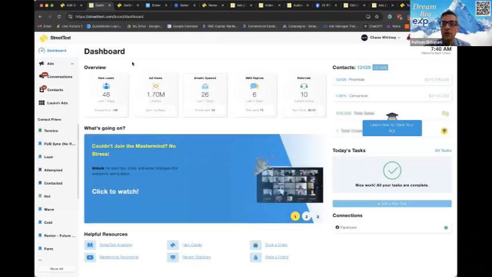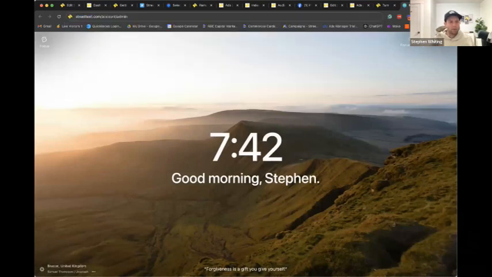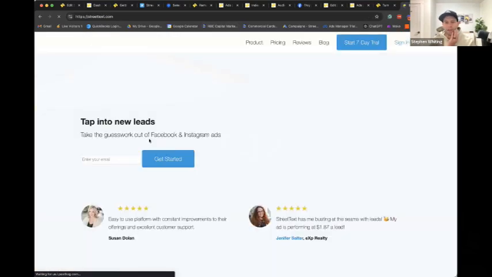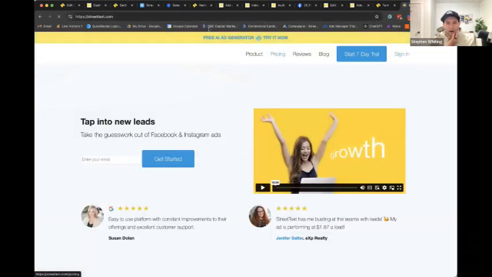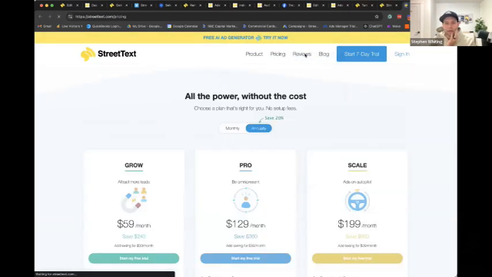Okay, two questions from the chat: how much is the monthly fee? And also, do we have to have a contract with StreetText? Great question. Let's go to StreetText for a second. No contract. I need to show you this free little tool for everybody on here too, so I'll come back to that in a second, but I'll go here for a minute.